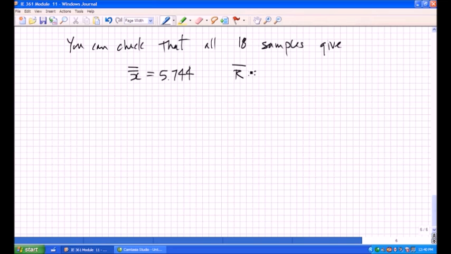So if I just add up the ranges, I divide by 18, I get 4.278,